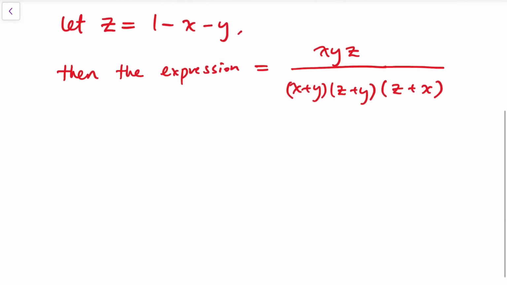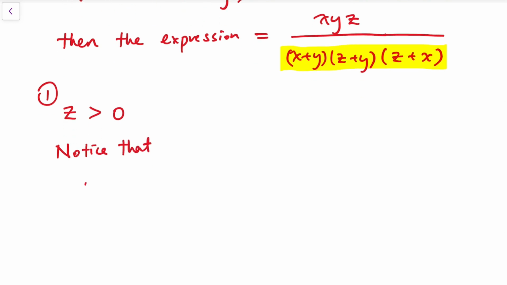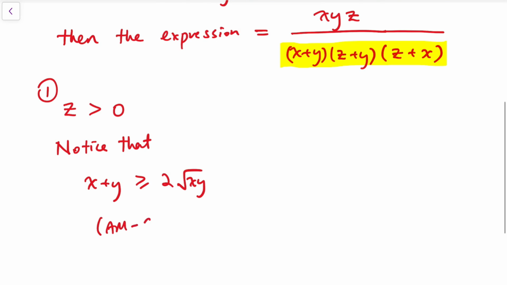Now, I'm going to divide into two cases. The first case is that z is a positive real number. In this case, it's actually easy, because to find this maximum value, I'm going to try to minimize the denominator instead. Notice that I can say x plus y is always larger than or equal to 2 times square root of xy. This is either due to the AM-GM inequality,